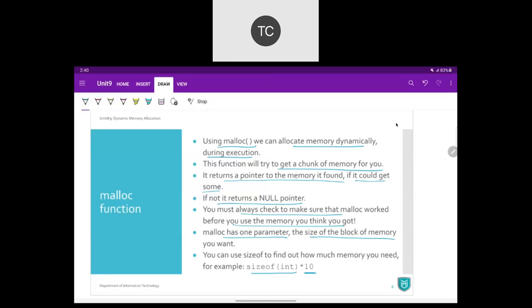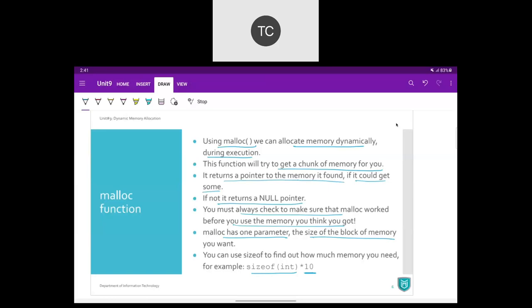This sizeof operator is going to give you the actual size of integer, the requirement of integer in the running system. It can be 2 bytes, it can be 4 bytes, whatever. Based on that, we'll multiply it by 10, because we actually want to store 10 integer numbers here, right?